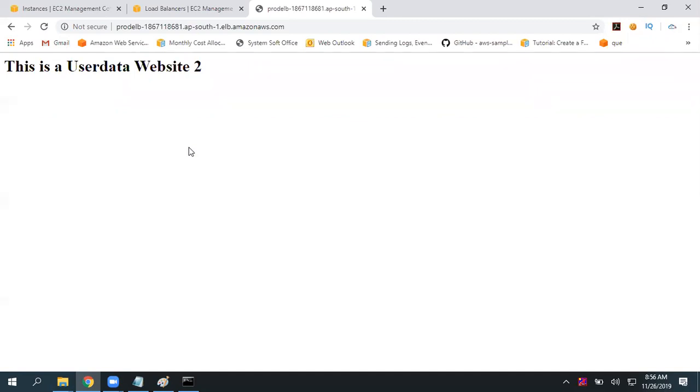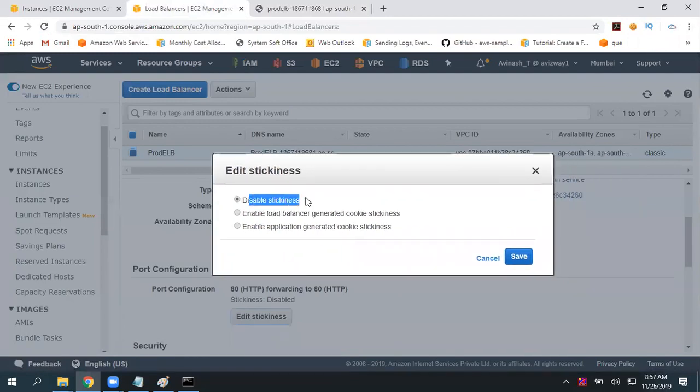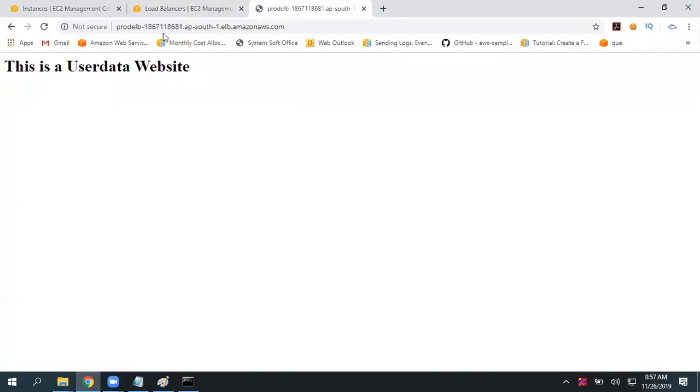So basically they are using cookies, machine learning or artificial intelligence. This load balancer will use cookies. When you enable stickiness, by default it is disabled, not storing any information. So that is why it is delivering from both.